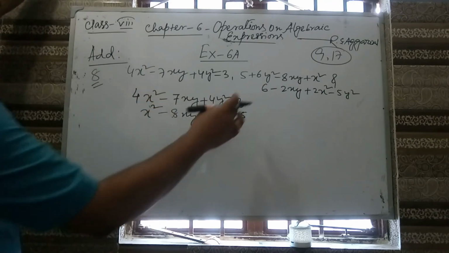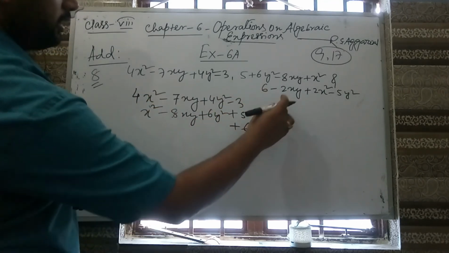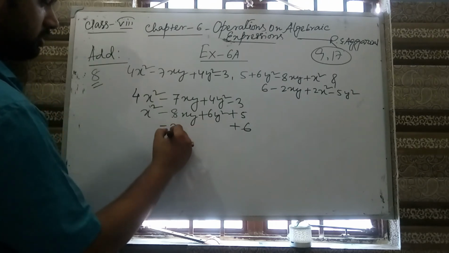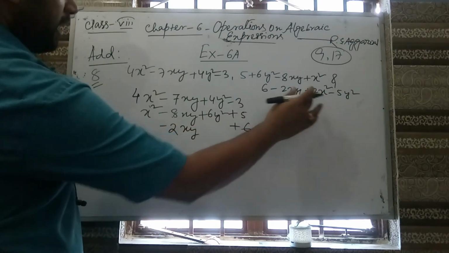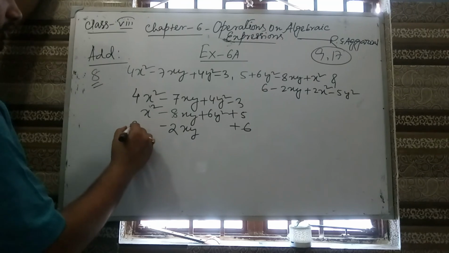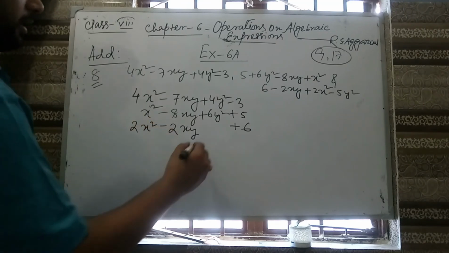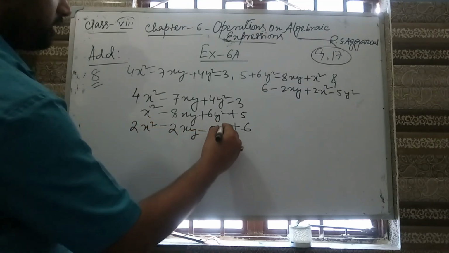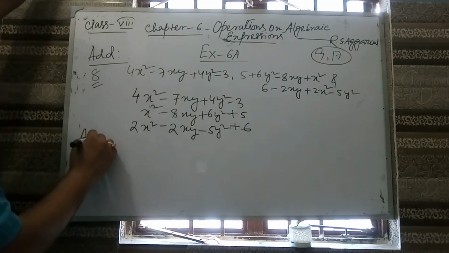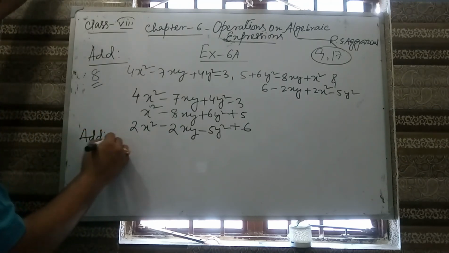Next one is plus 6, minus 2xy, plus 2x square, minus 5y square. Adding, we get